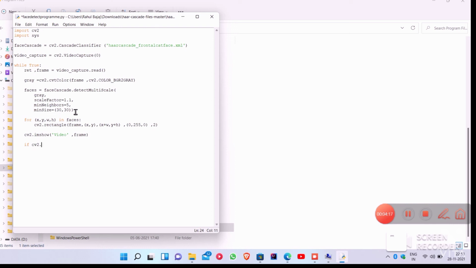Now we are going to insert a delay or wait function so that our program can run smoothly. If we do not insert the wait function, our program does not run smoothly because OpenCV needs some time to process the data.